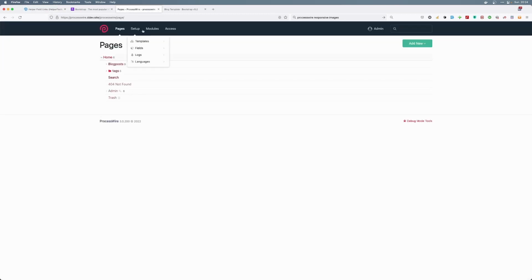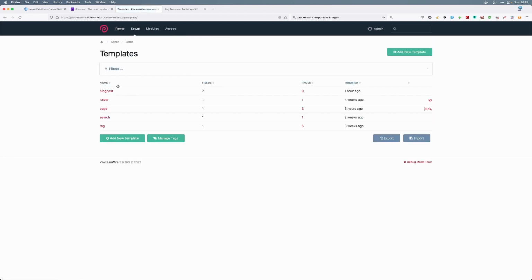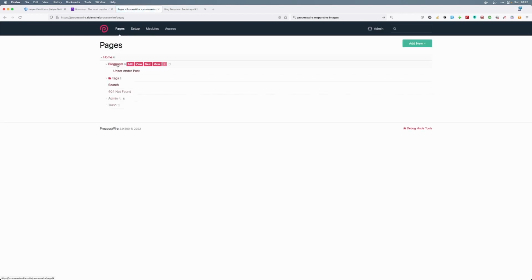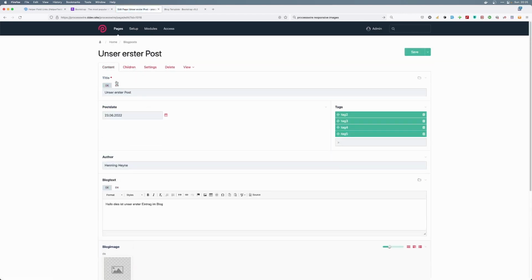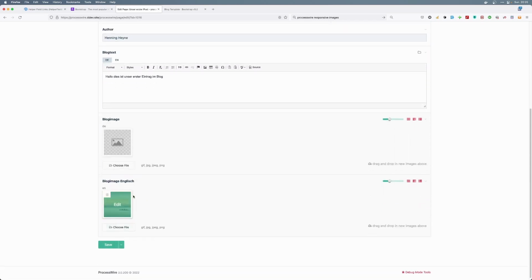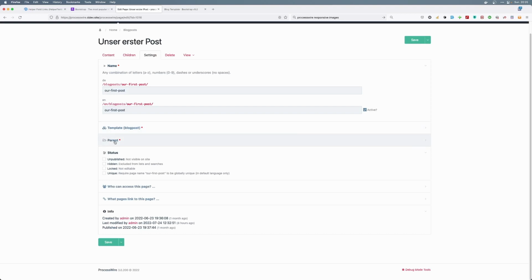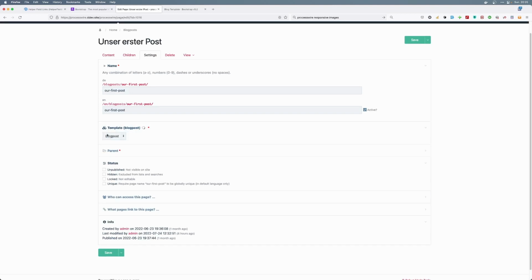I will go onto our backend. Now again we have to go to the modules. Oh no, let's first look into a template, how it is looking right now. Let's go for blog post, and you can see here, this was the right page. We will go here into a particular one, and now you can see here this is the title. Here we have the author, the blog text, the blog image English. So if you go to settings, you can see here that there is the template, and that's it. Okay, now